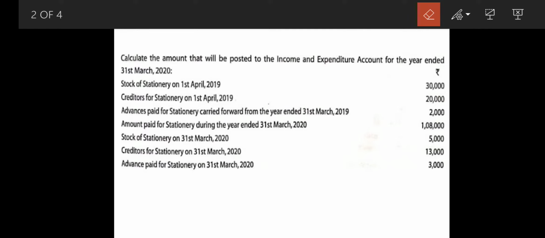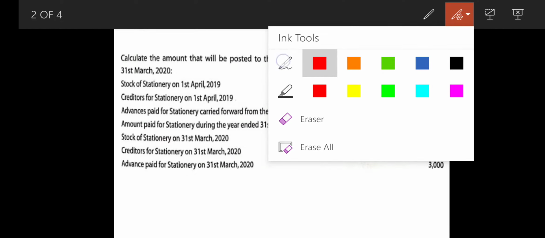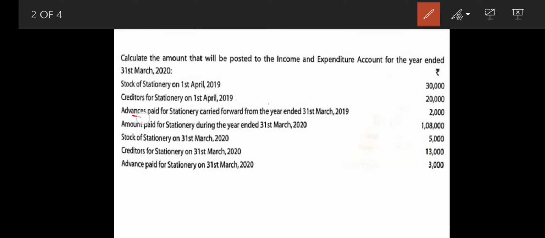Then comes your advance paid for stationery carried forward from the year 31st March 2019. Now this is a new thing you have come across. So this is advance of the previous year, which means an asset of the previous year, for this coming year. So it was carrying which balance? Debit balance. So when there is an opening advance, then it will be transferred to the debit side of